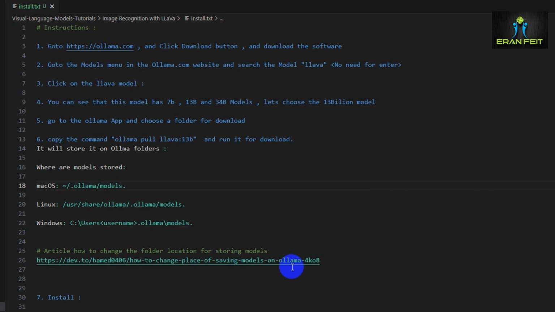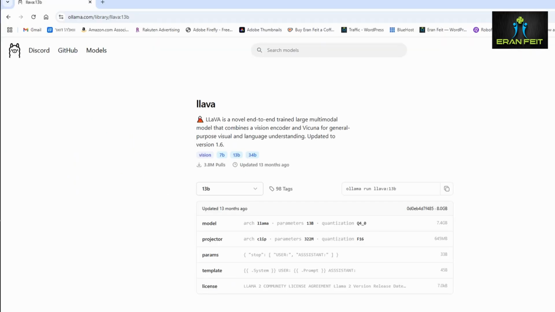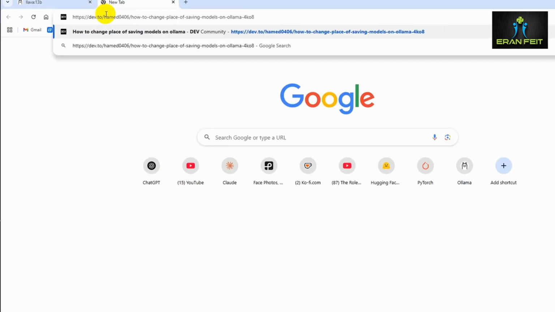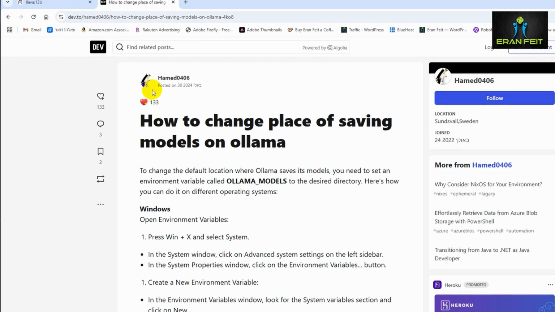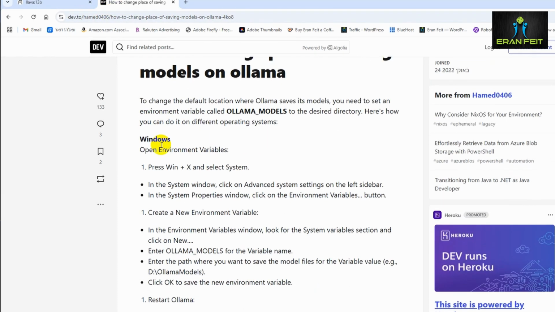So after downloading the model, it will be stored in this location. In Windows this is the location, on Linux that is the location, and on macOS this is the location. However, if you would like to change the location, there is another instruction website. I will leave a link here, and let's open this link, and as you can see here, there are instructions for Windows and for Linux as well, on how to change the location